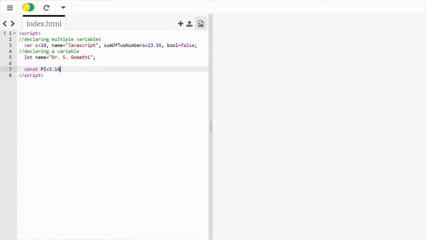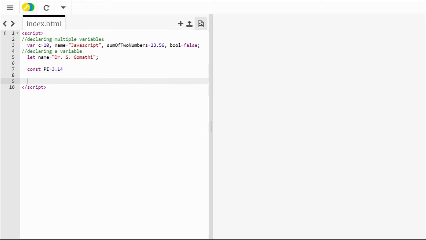So 3.14, you cannot change it. If you change the value, the result will make some difference, so you should use it inside a constant. So here I'm using const pi, that is 3.14.